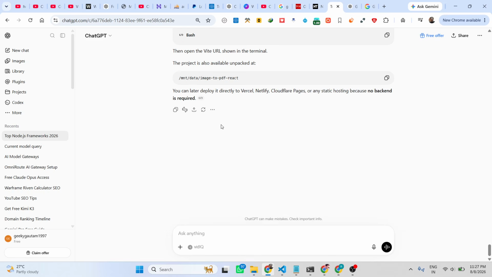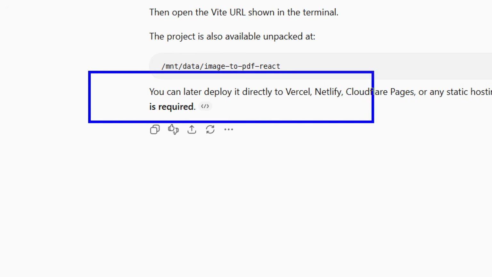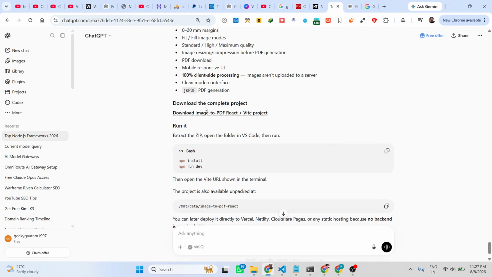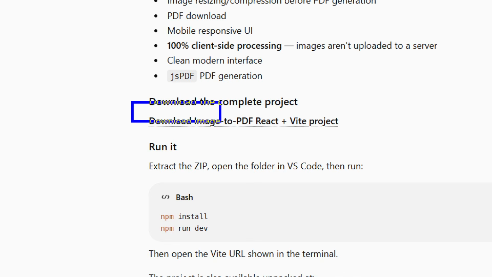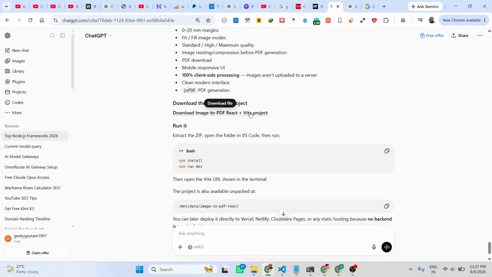You can access it today itself by going to ChatGPT and logging in with your Google account. You can see the option to download the complete project. It has built an entire project in just 5 seconds. You click the download button, as you can see,